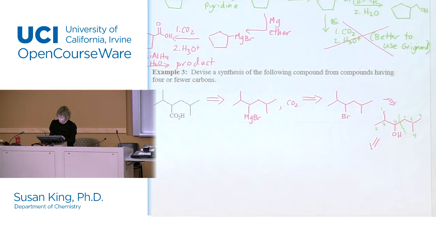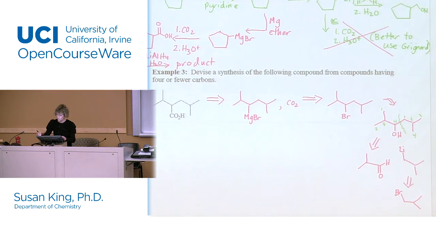So I'm going to make this using an aldehyde. So the alcohol side would be the aldehyde, and then this side would just be a Grignard. Or a lithium. Let's just make it lithium here. Okay, so that's what that would look like. Each carbon is 4 pieces, and the lithium reagent I can certainly make from the corresponding alkyl halide. And I'll just use bromine here. All right, everybody following that